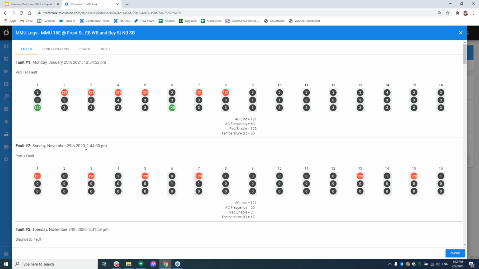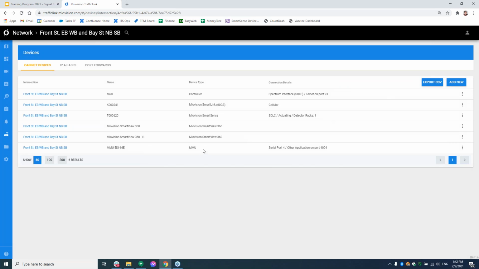Obviously, you can get this roadside when you get out to the intersection to assess the problem, but when you're running into question marks about scenarios, this is a good spot to start about why has it gone into flash twice, or it went into flash 3 or 4 times this week. Why is that occurring? And I can easily go in and assess that situation and dispatch accordingly. So that's a handy little tool to make sure that we're taking full advantage of the diagnostics and data that's coming out of even the peripheral devices aside from MyoVision.